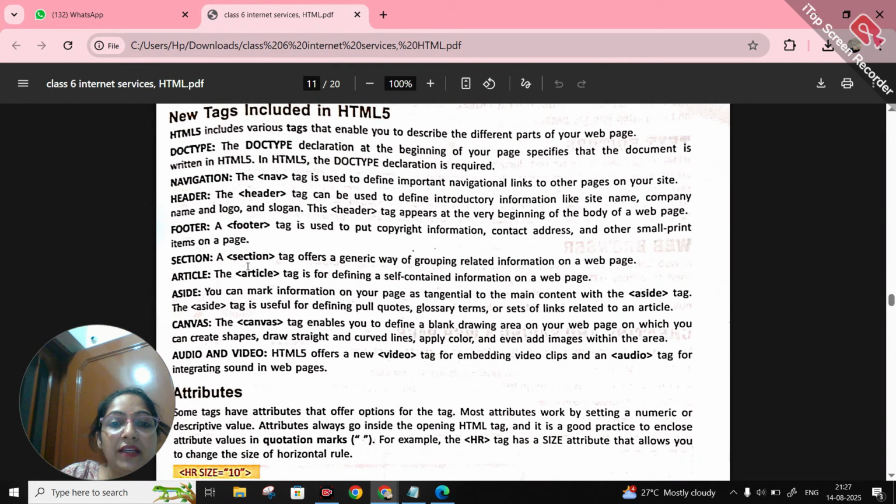Okay, next is article. Article tag is for defining a self-contained information on a web page. जैसे आप अपने कोई एक information है वो information के लिए information contain कर रही है, that you do for the article. Aside, you can mark information on your page as tangential to the main content with the aside tag. The aside tag is useful for defining pull quotes, glossary items, glossary terms, और सेट ऑफ लिंक्स रिलेटेड टू एन